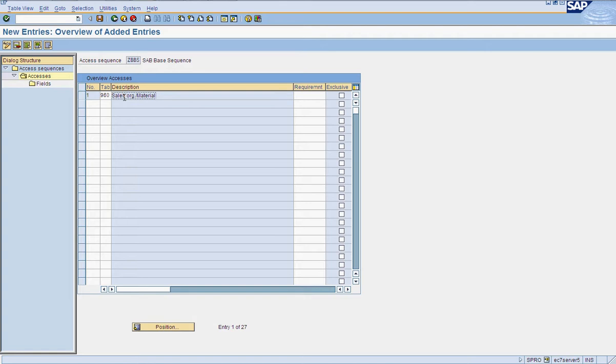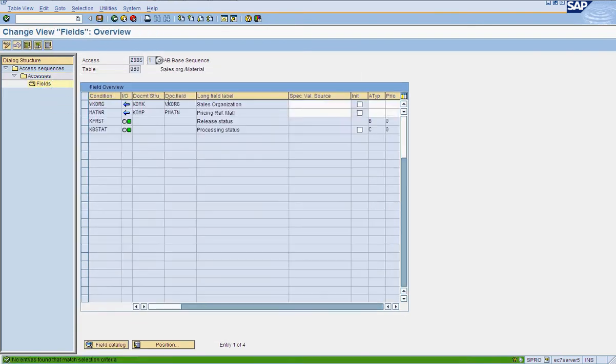Okay, coming back to the fields. Now I've assigned this 960 table, but all the fields under this table should be made active or relevant for the document actually. So what you are trying to do is make a link between condition table and document fields. That is what essentially you are doing here. Just select this one, click on fields, double click on this.